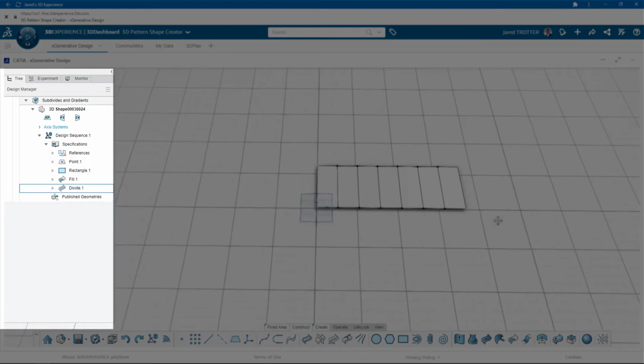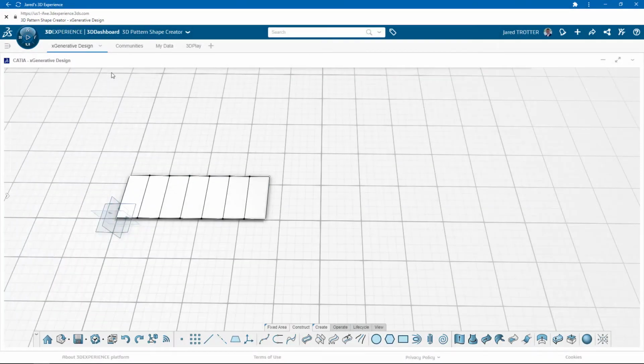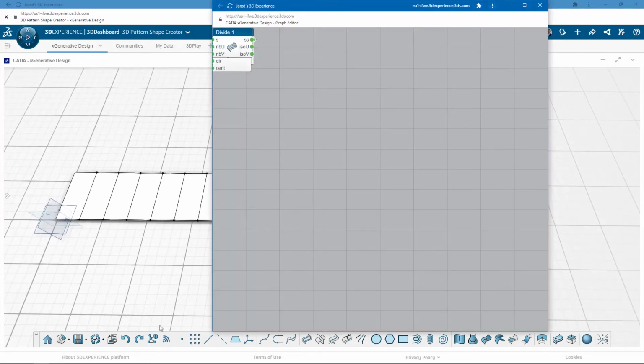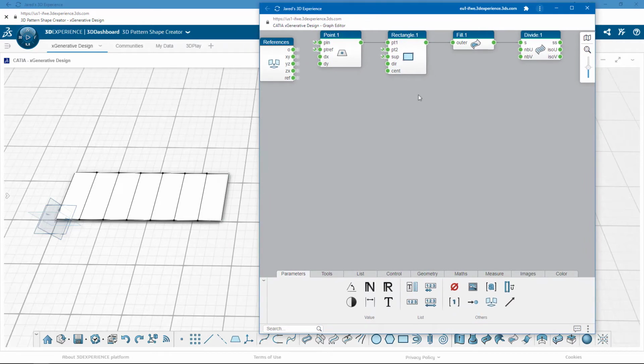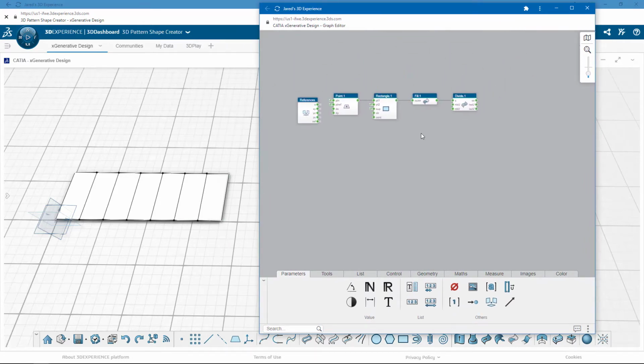Moving over to the left panel, you'll see the tree. This lists all of the features in the order that I created them. I'll discuss more about this left panel in a later video. For now, I'll move on to the graph view, which can be used side by side with the interactive view